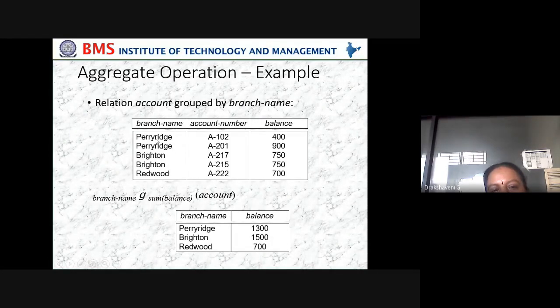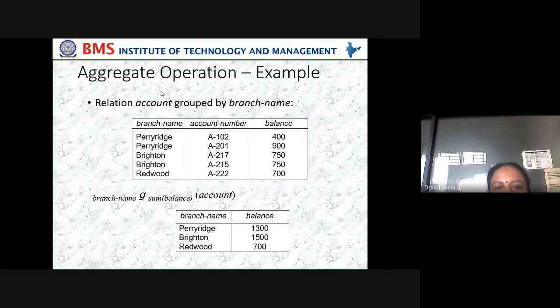So I may have a branch, Perryridge branch, and what is the leftover balance for today? So let us take Yelahanka, Avalahalli, we have a branch. Allahabad Bank branch we have. I want to know, for Allahabad Bank, how much is the balance at the end of the day. Similarly, I want it for wherever there are branches, maybe Yelahanka branch, maybe Majestic branch. In Majestic branch, what is the balance? For that, we are using this way. So branch name, what is the aggregate function? Sum, then balance from which account? From the account relation. So this is how we find out.